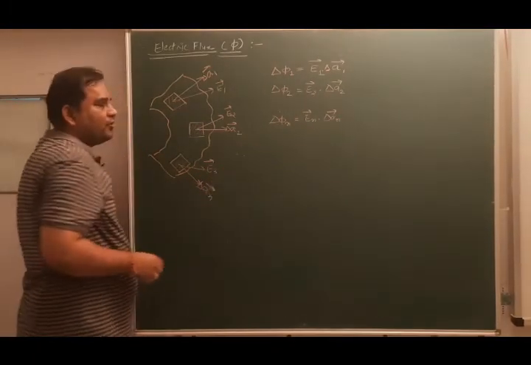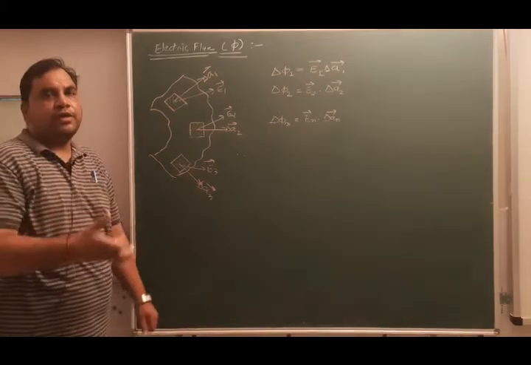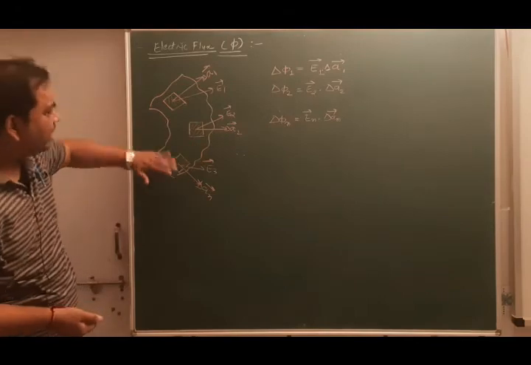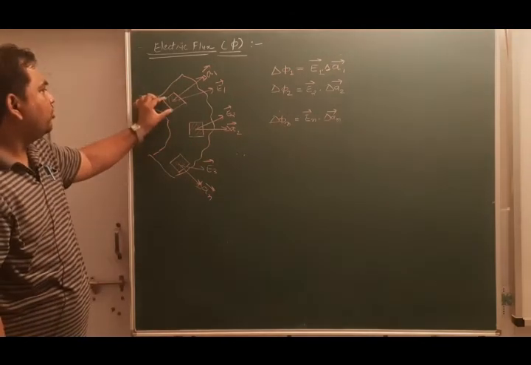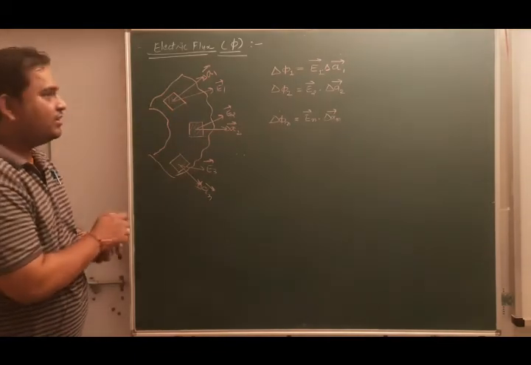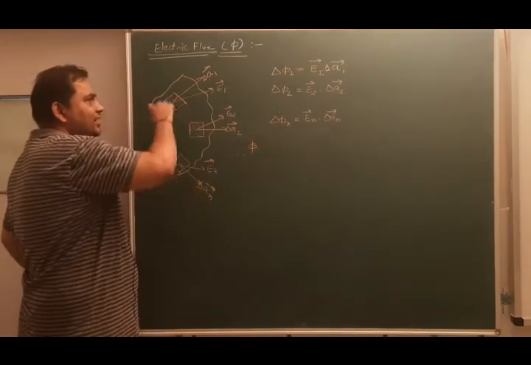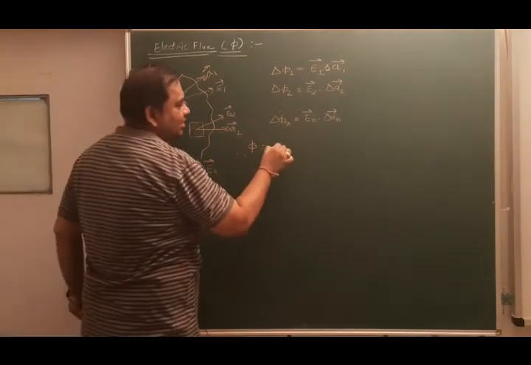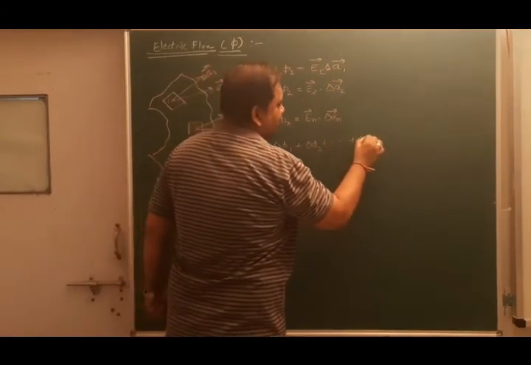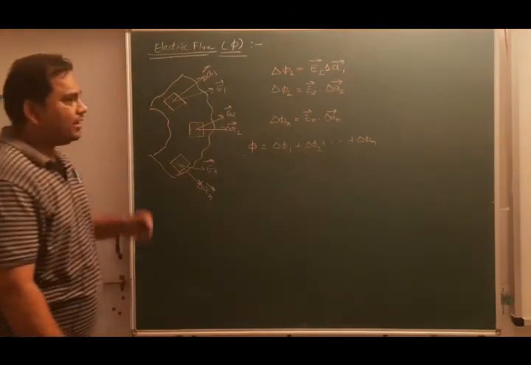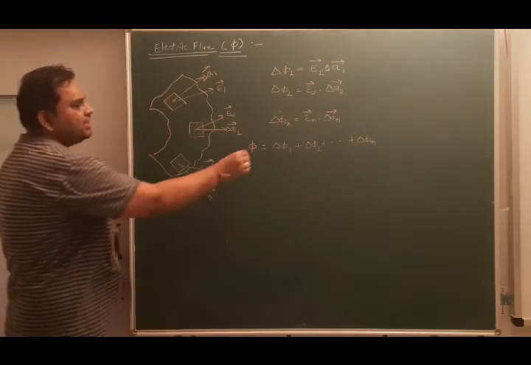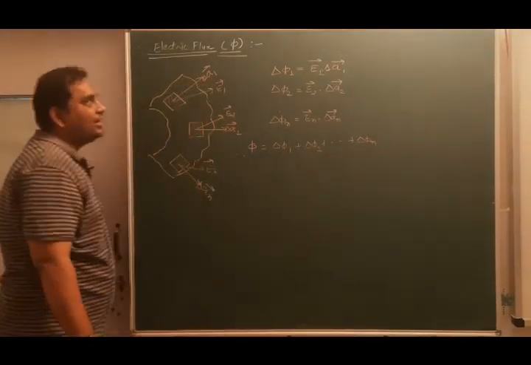So therefore, what is flux basically? Flux is number of field lines that are passing through given area. आप पूरे एरिया का number of field lines एक साथ ढूंढ लो. और what you can do? You can find out number of field lines passing through each small area. Then total flux that is linked with this entire area is nothing else but the sum of flux linked with each small region. So total flux that is linked with this entire surface can be written delta phi 1 plus delta phi 2 up to delta phi n.